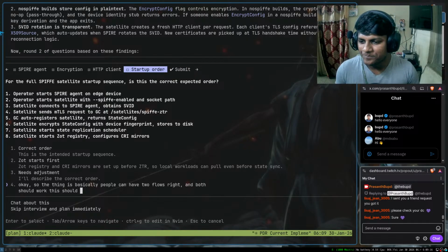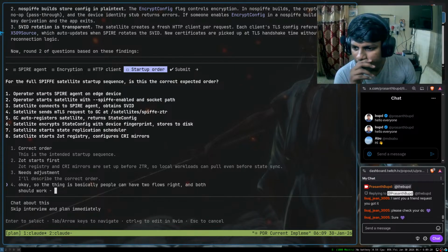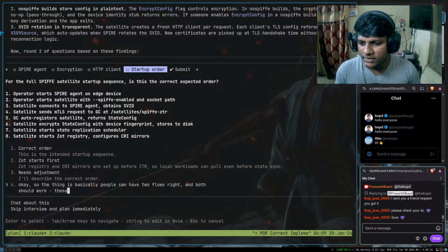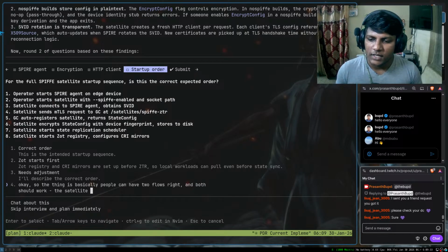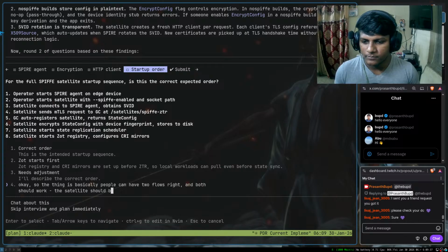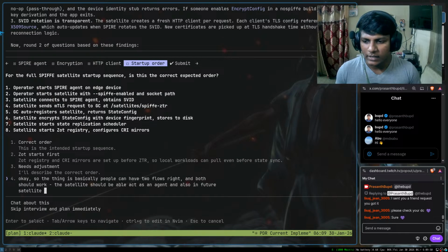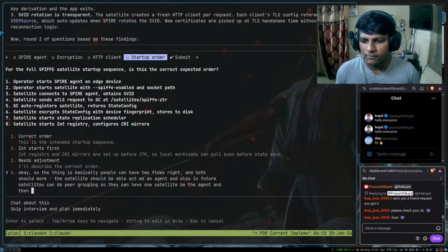And both should work. Basically, what we need to have here is a satellite that should be able to act as an agent, and also in future satellites can do peer grouping, so they can have one satellite be the agent, and then other satellites share it. Okay, or for a simple use case is